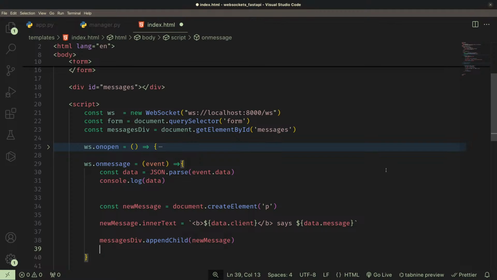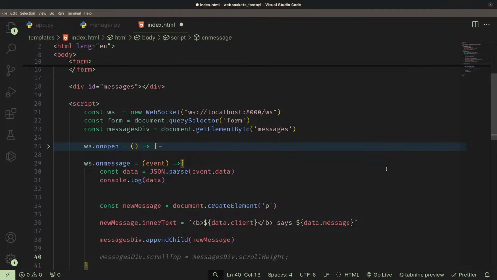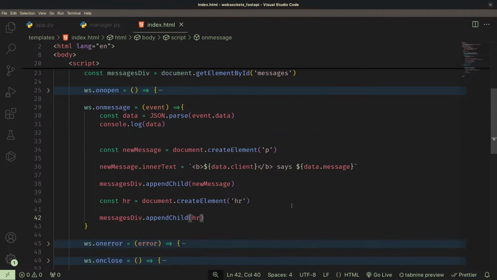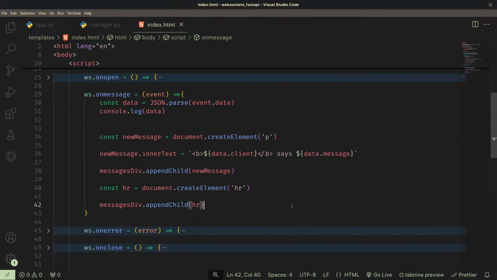So if I save, I can also do some trick to help distinguish between the messages, like an HR or a line separator of the messages. So what I can do is const hr equal to document.createElement('hr'), and then I can go ahead and append an hr to our messages div. So once this is done, let's go ahead